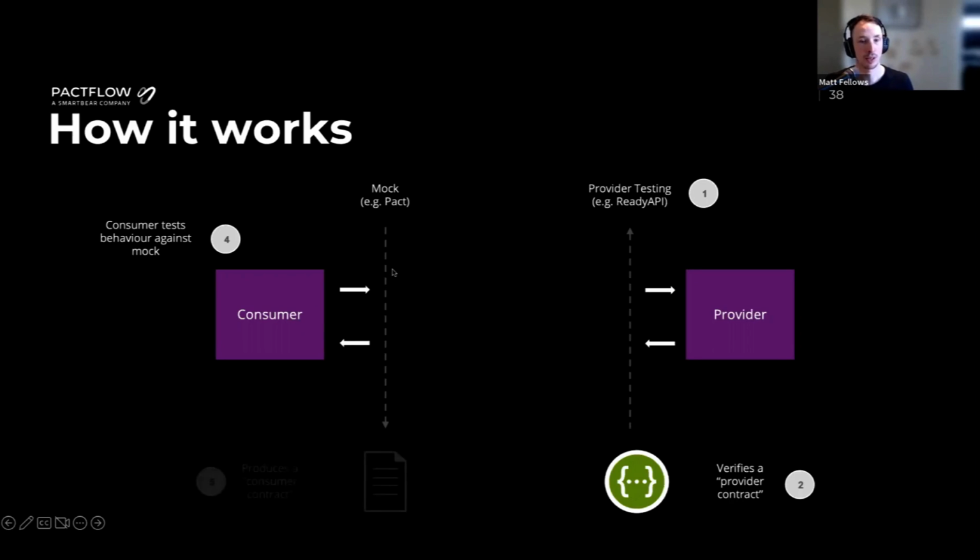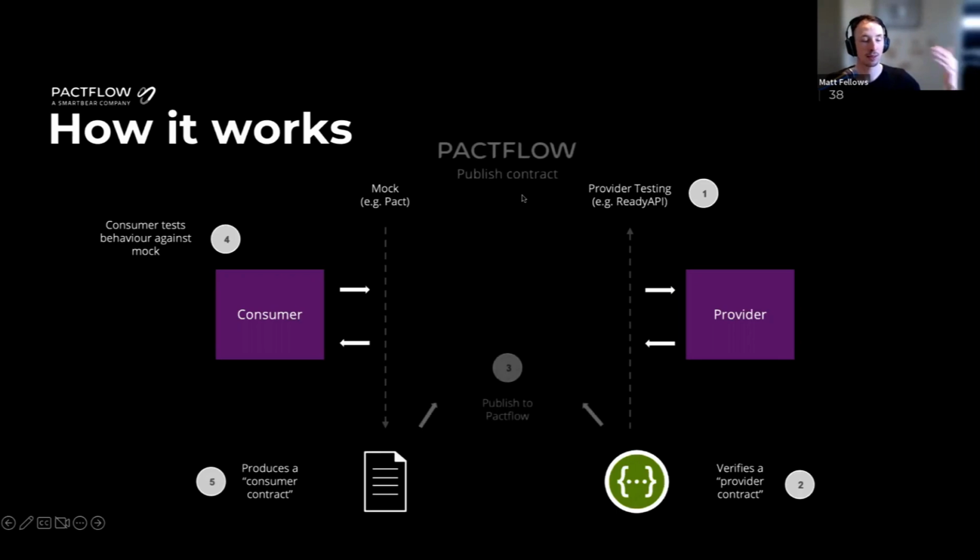So we have our consumer tests. We then generate a consumer contract at the end of that. So now we have a consumer contract on the consumer side that says, this is what I need of a given API to function correctly. And on the right-hand side, we have our provider contract. And that says what I advertise as the capabilities of that provider. And both of these things get uploaded to Pactflow in their own CI/CD pipelines.